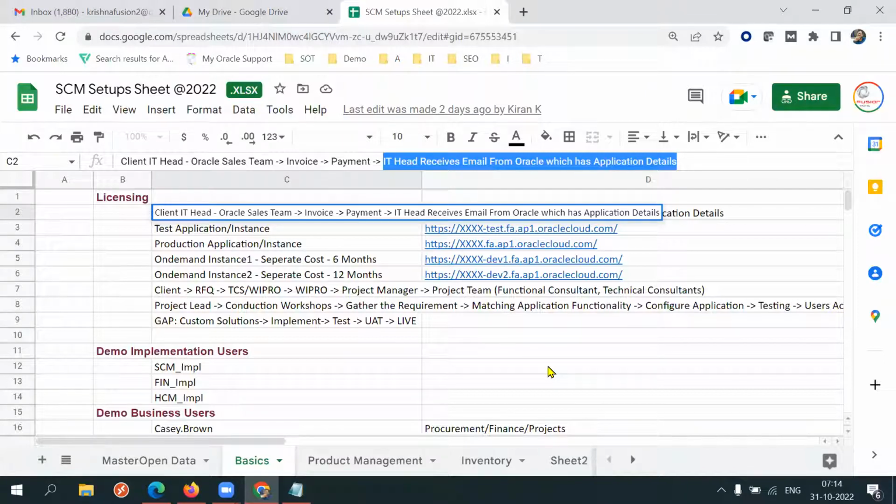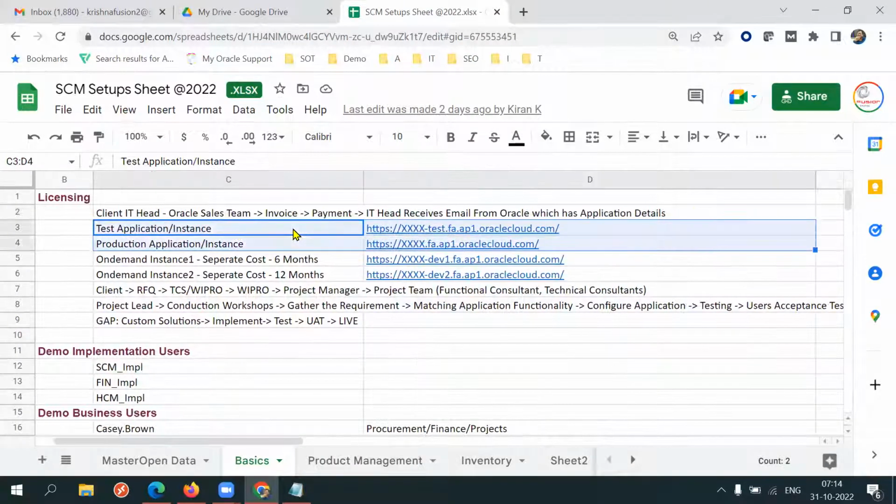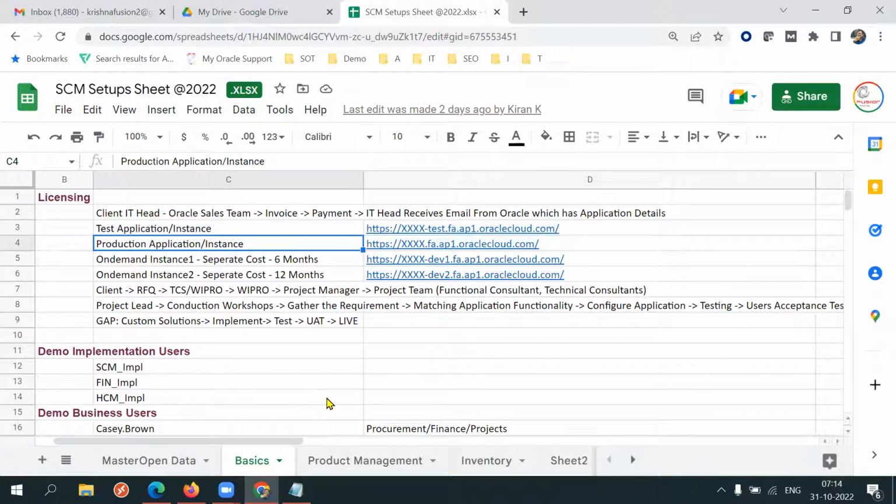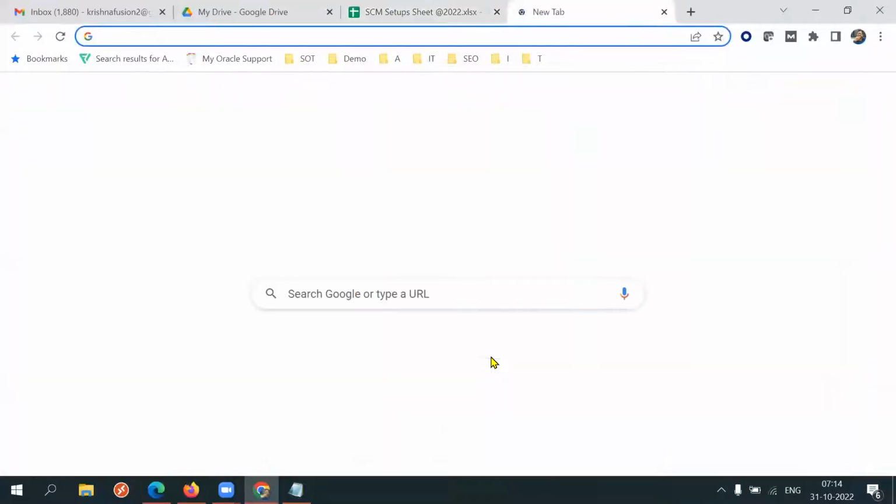Okay. So Oracle will provide two applications to me. One is the test application and another one is the production application. I'm going to receive these two application details from Oracle. Sir, what is a test application? What is a production application? So if you take my website also,